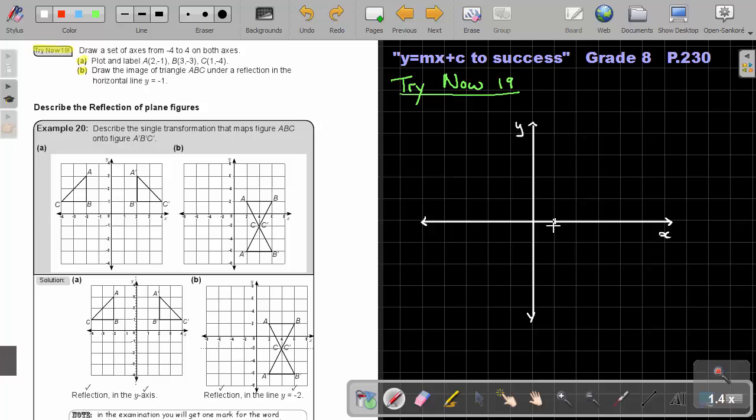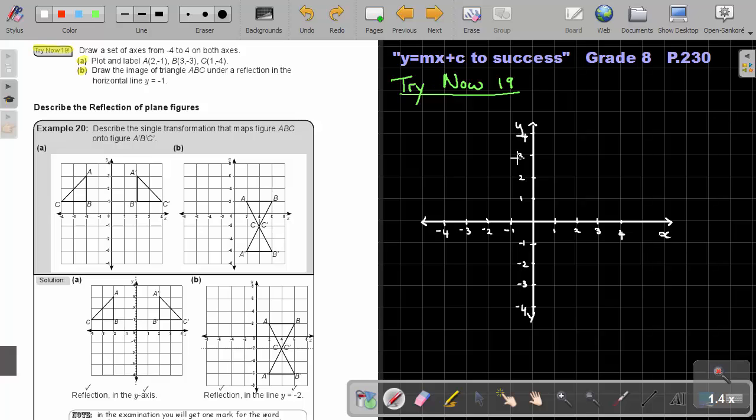And if I label it, this is 1, 2, 3, 4. And this is going to be -1, -2, -3, -4. And this is going to be -1, -2, -3, -4. And this is going to be 1, 2, 3, 4.